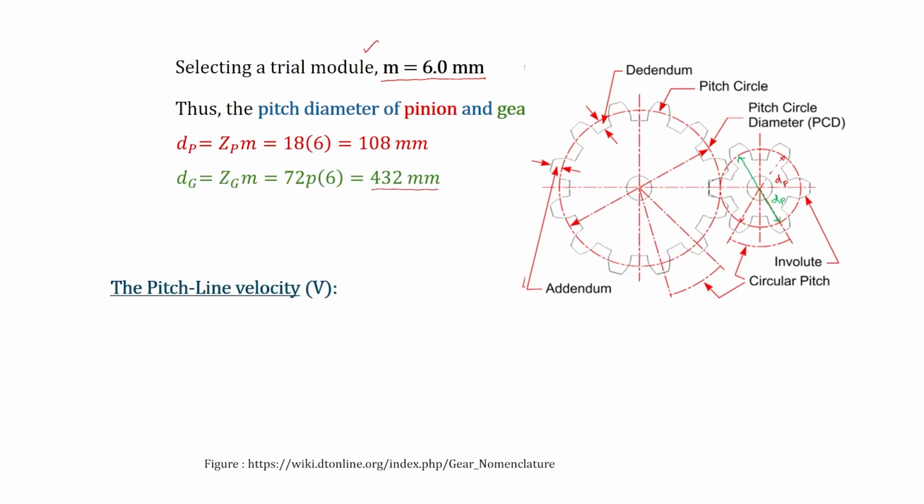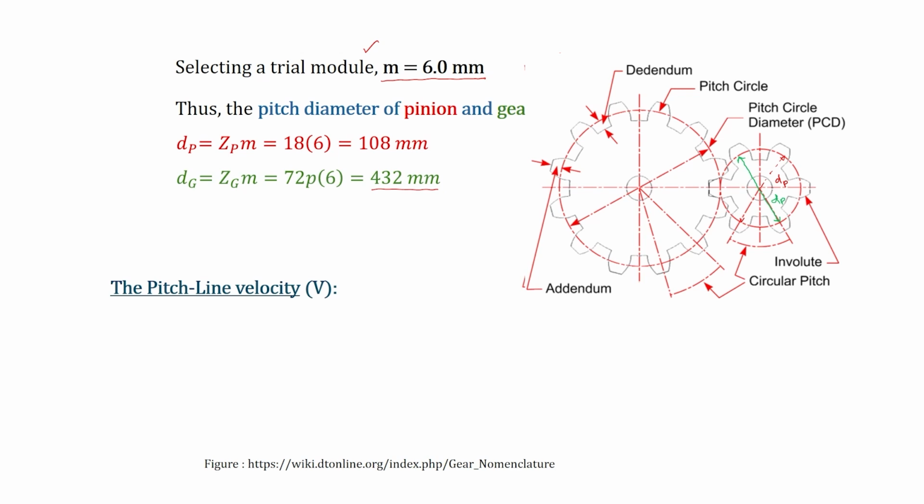Now, let us find the pitch line velocity. This is the pitch point, where the pitch circles are tangent to each other. The centers of rotation are O1 and O2. Where the line O1O2 intersects the pitch circles is called the pitch point, and the corresponding velocity is called